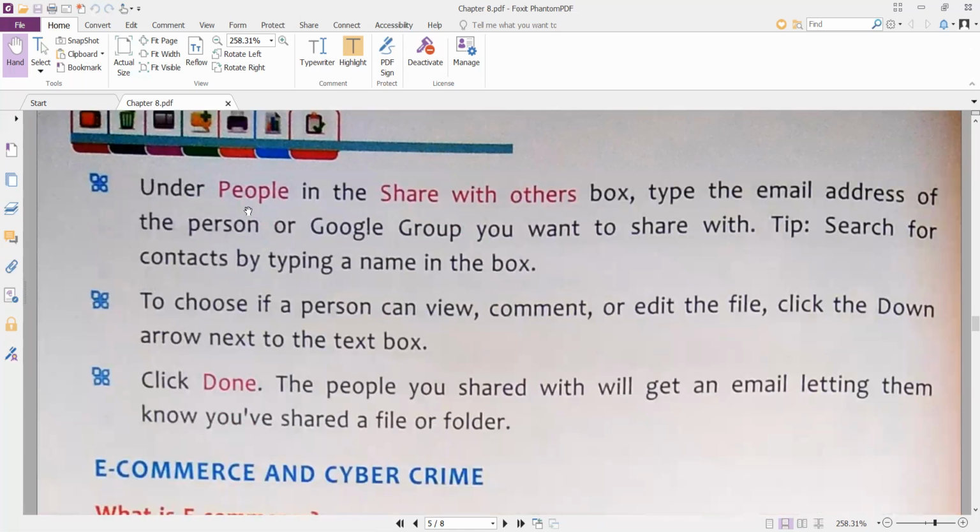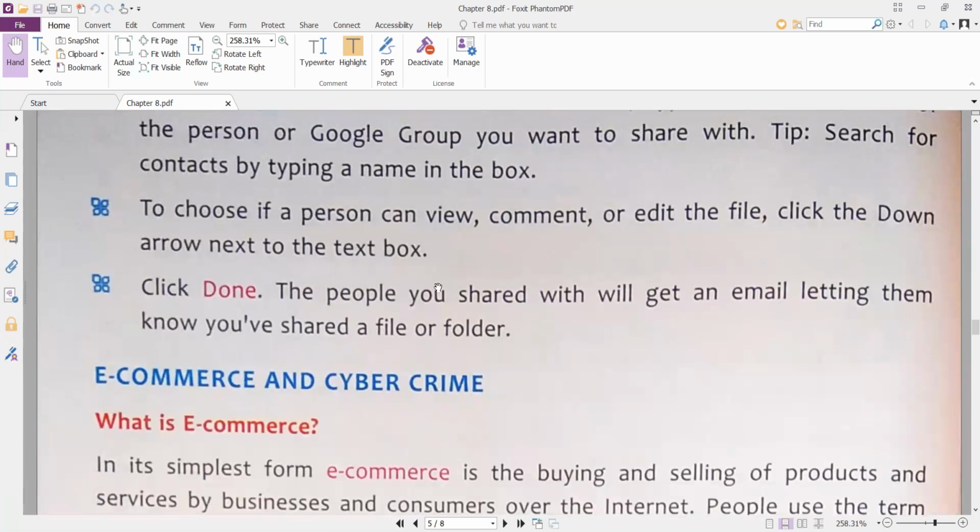Under people, you will get the share with others box. Here you have to type the email address of that person with whom you want to share your file. You can also search from your contact list, by the name of that person.